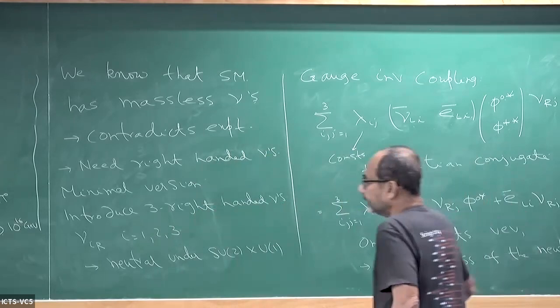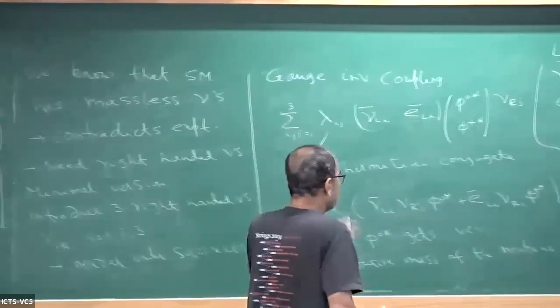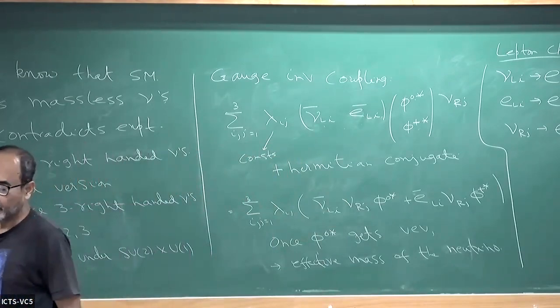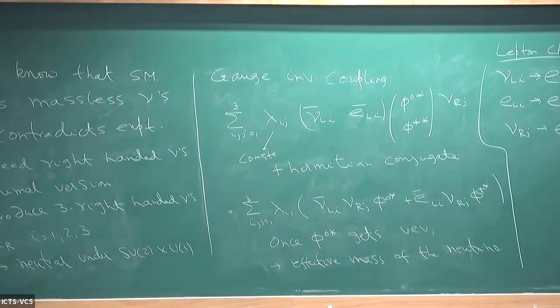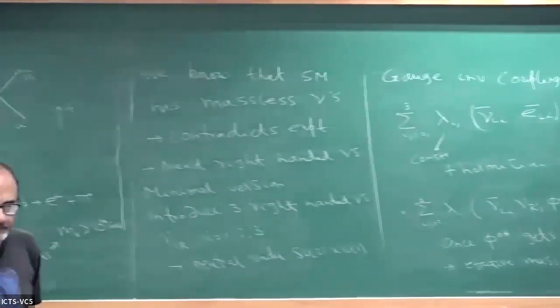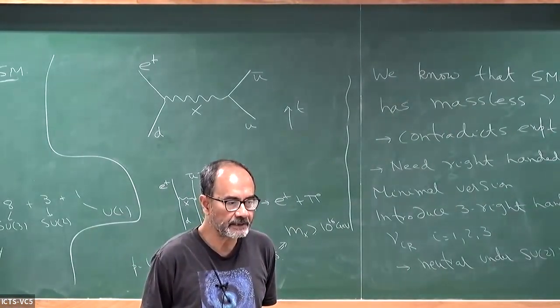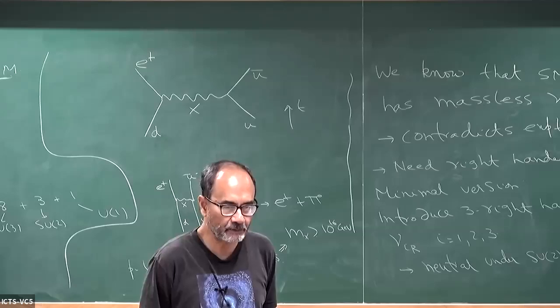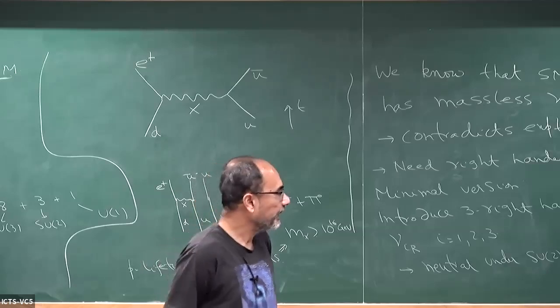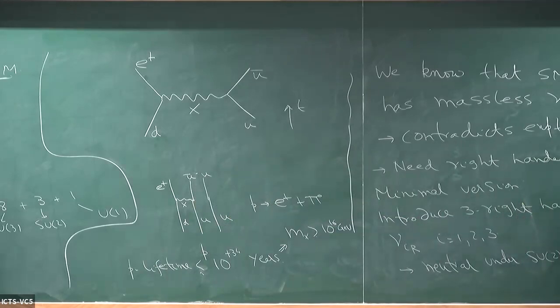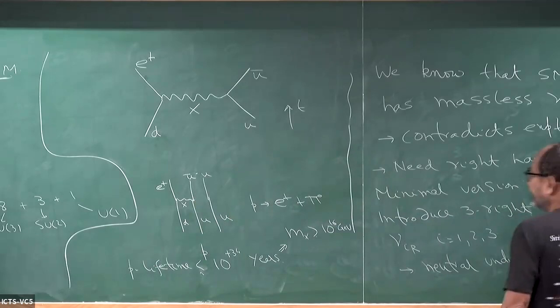Okay. Now you can ask that given this, we have already introduced some fields. What other gauge invariant terms can you add to the Lagrangian? Is it clear? It turns out that it is possible to add another class of gauge invariant terms to the Lagrangian that only involves the nu R's. So we can add